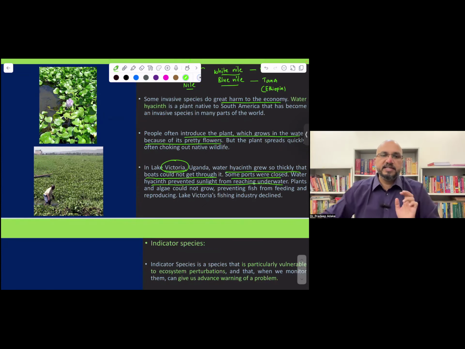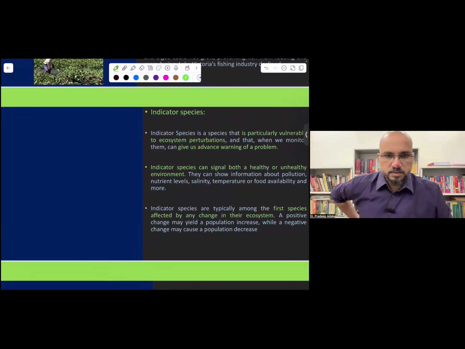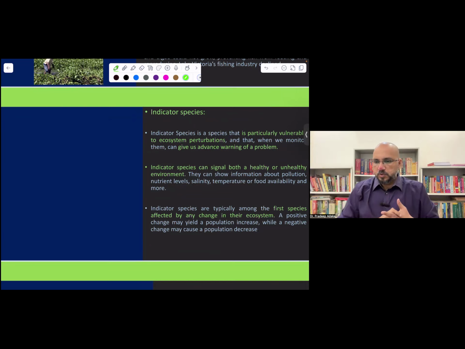So that was your invasive species. I think up to here it is not very difficult. I guess you are comfortable. This is not a very difficult part. Now we are entering into another important concept, that is indicator species. Now, indicator species,